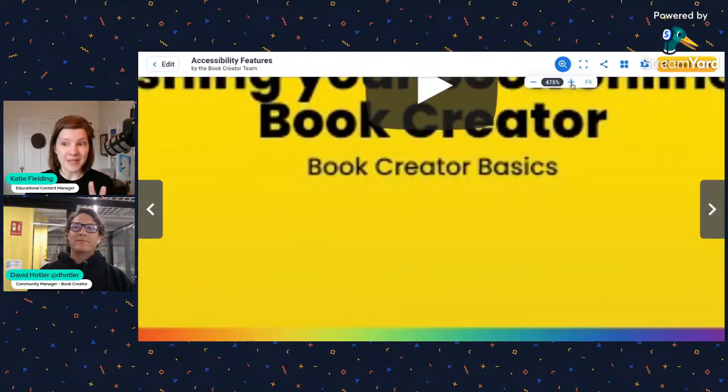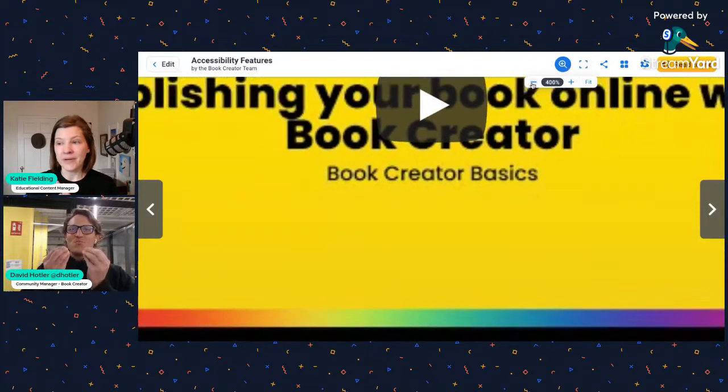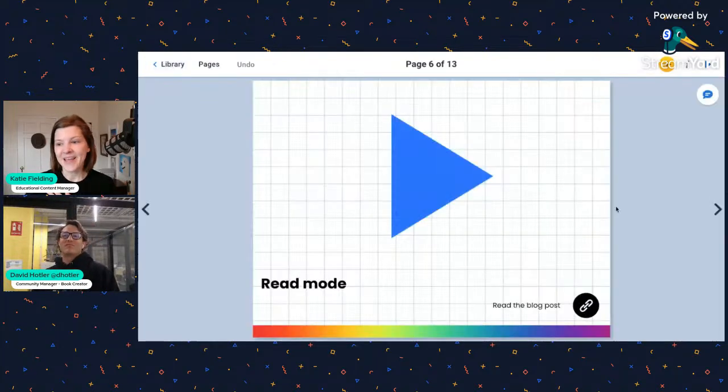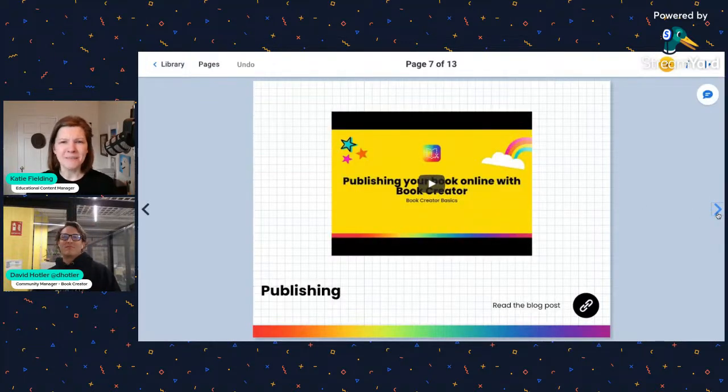So if they need to zoom in to see something in our Read to Me feature, that is where they can do that piece, which is really nice. And for our last feature, something that you might not think is accessibility, but if you are a UDL person like I, green column of UDL, which is engagement, and publishing is what we're all about. After students do their creation, we want them to share it with the world. And having students be able to publish their books increases their engagement.